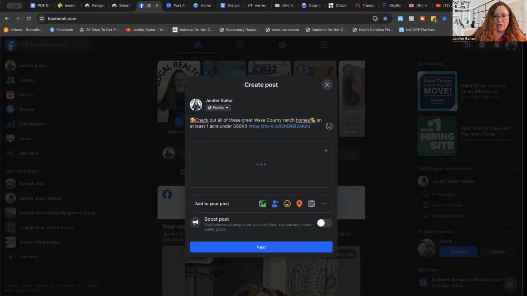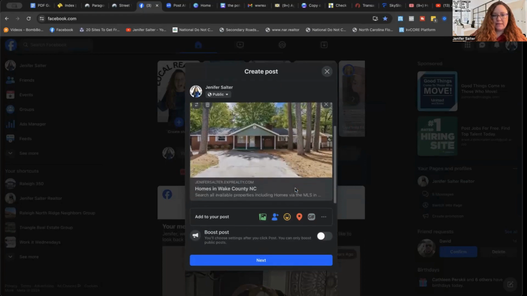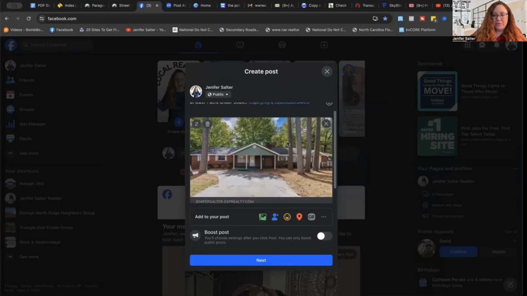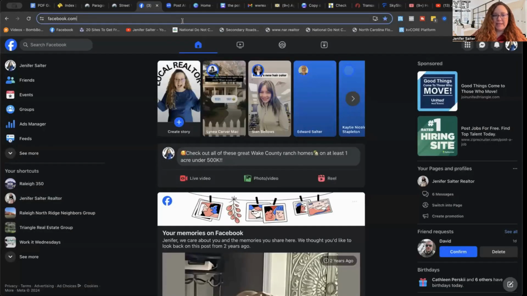Now I'm going to copy the link. Now you're going to see it's going to generate a preview. I'm going to wait for it to load the preview. Okay, so when they click, they're going to see all the homes right using that link. I'm going to then delete the link because you don't want that to show up, and then press next and create the post. I'm not going to do that for this example,